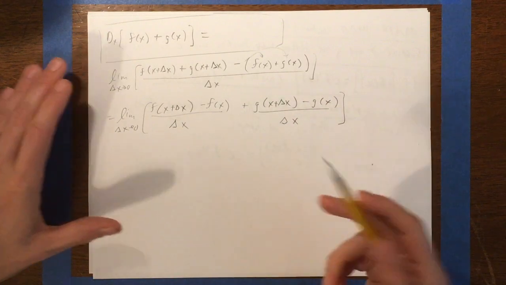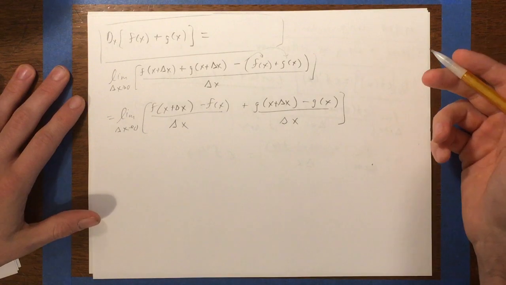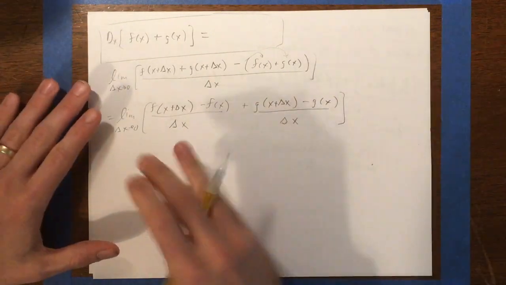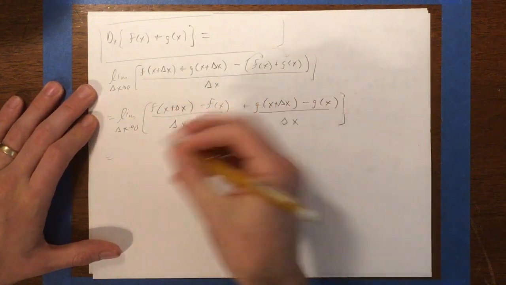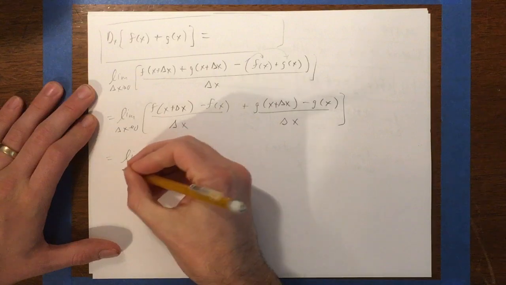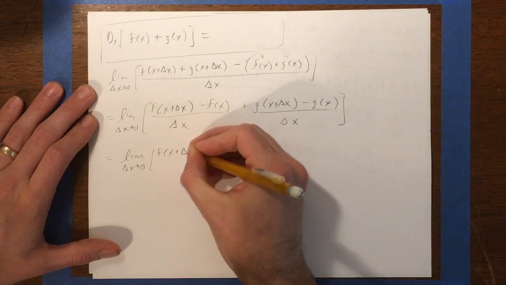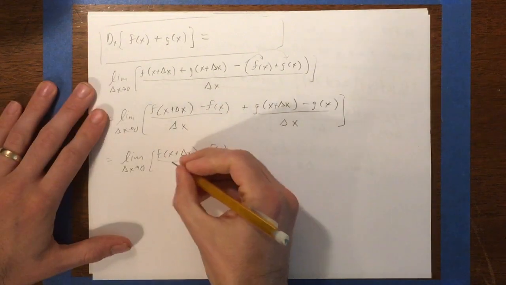Then we learned all these properties of limits, and one of the properties of limits was that the limit of a sum is the sum of the limits, right? So we can essentially split up the limit and do the limit of each part separately, and then add those results together. If they exist, which they do, because we're assuming these two functions are differentiable, and these two expressions we're looking at here are literally the